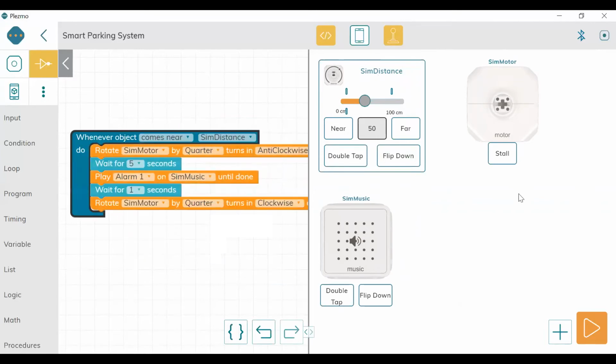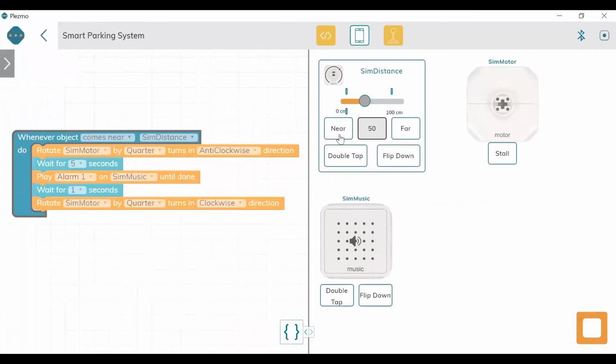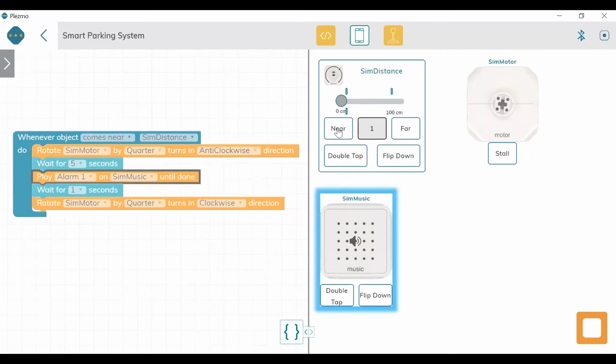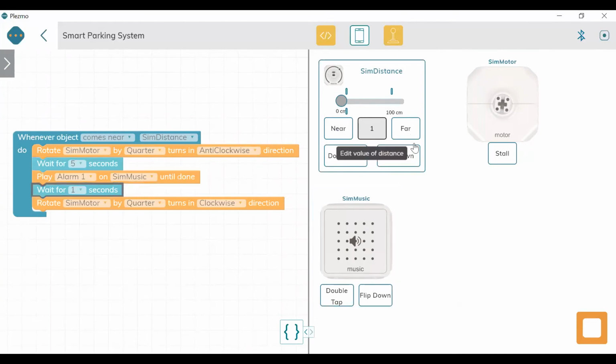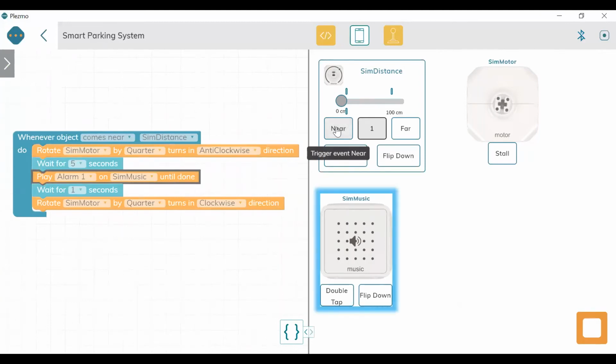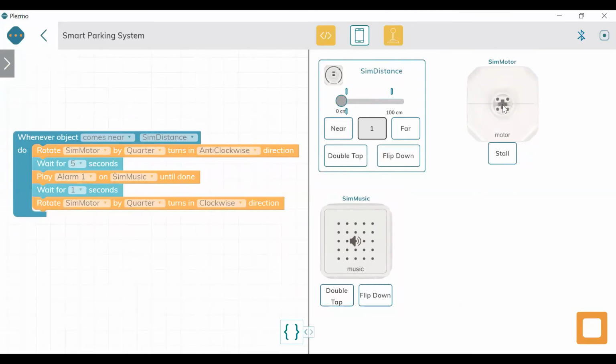Let us start the program now. Here we are playing, and now you have to click on near. I hope you could observe that once the car comes near, the barrier opens and remains open for 5 seconds. Then the alarm comes and then the barrier closes.